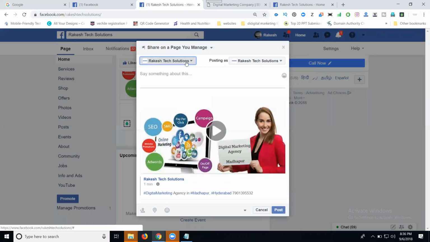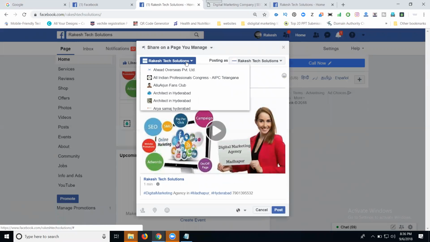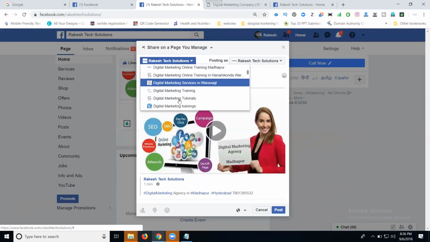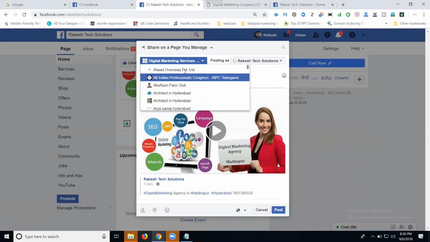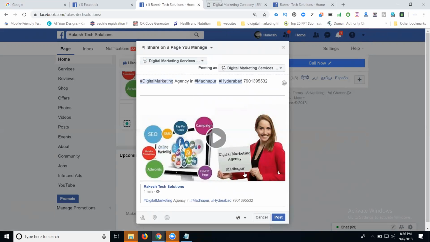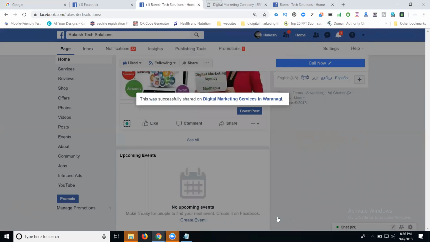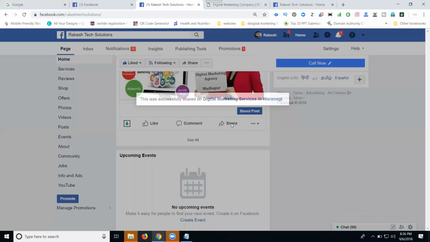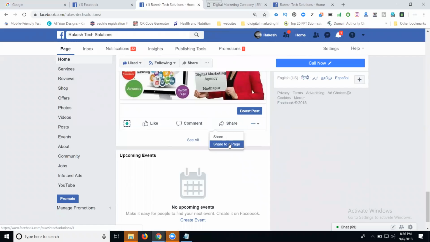There are 2 advantages to sharing from page to page: it increases your page likes on some other page, and it increases your video views. Select here, click post. Now click share, share to page.